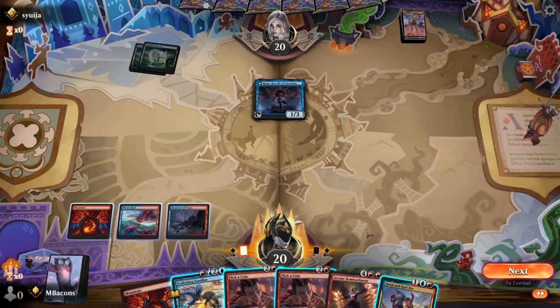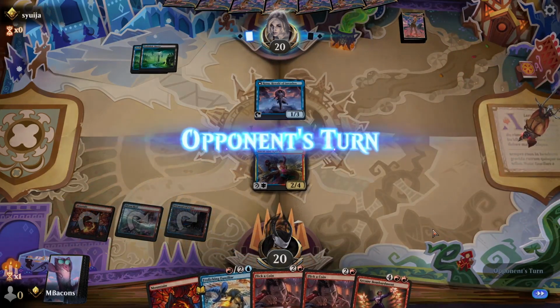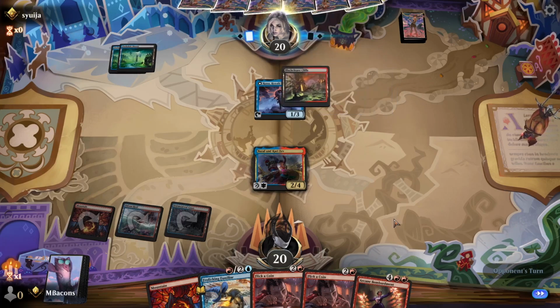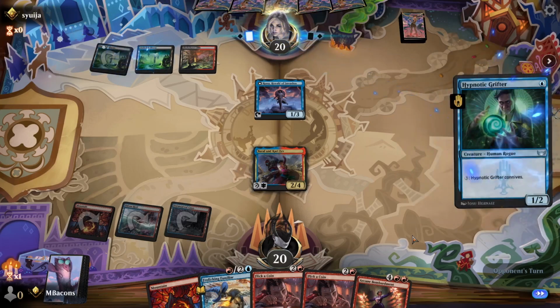Ooh, that's a good draw. All right, I think we're going to play Baral here because that could enable us to do Flick a Coin, and then I think it will let us cast the spell side of the Otter for free. Get a little extra value off of here. This must be some kind of Grixis Legends list. I'm unfamiliar, but that's kind of like one of the...